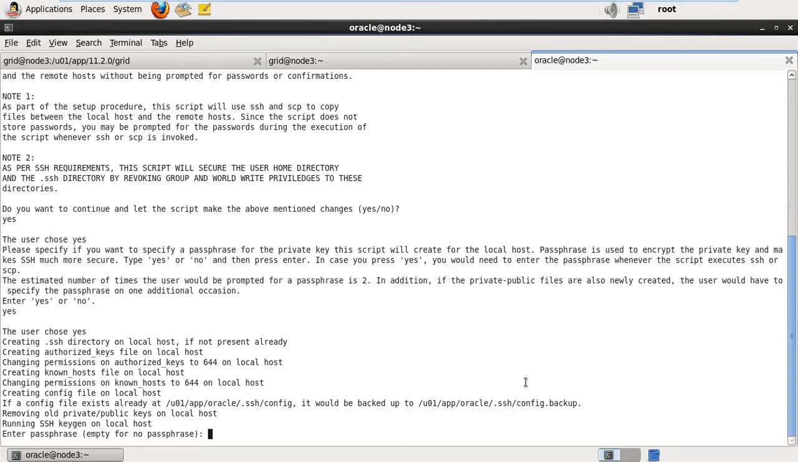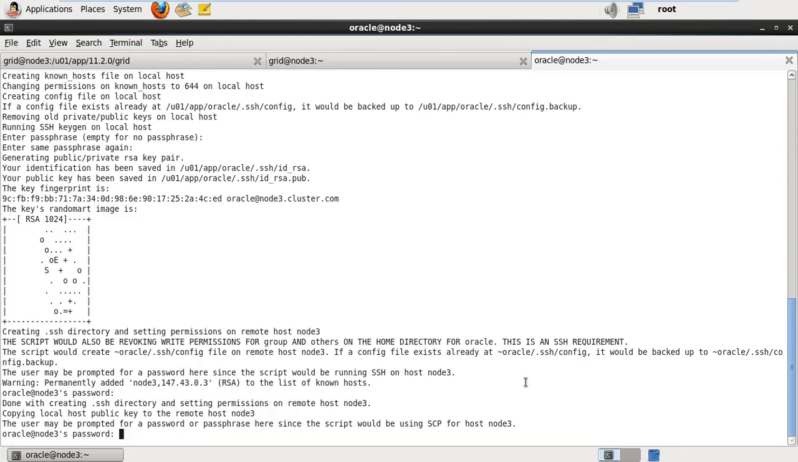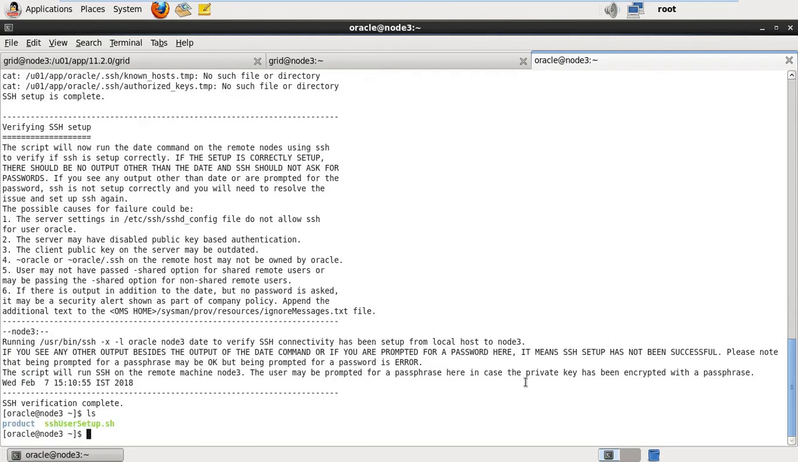Passphrase is nothing, you just have to hit enter. Hit enter again. It's asking me for the password of Oracle user. I have entered that. Asking me for the password again. Alright, that's all. SSH verification has been completed. If I check again,